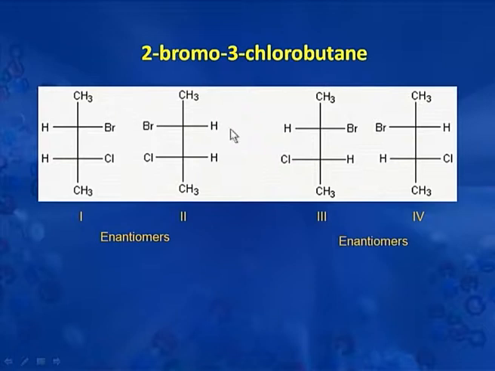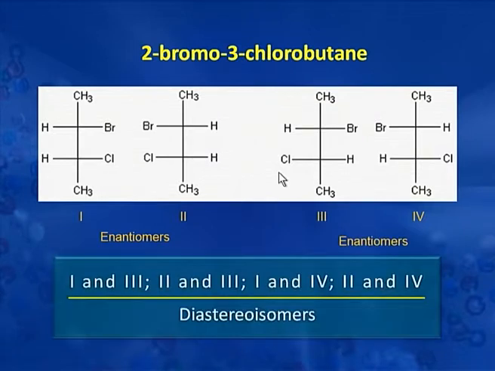2-bromo-3-chlorobutane. We have shown a relation between 1 and 2 as enantiomers, similarly between 3 and 4 as enantiomers. But what is the relation between 1 and 3 or 2 and 3? Similarly, 1 and 4 or 2 and 4. They are also isomers of the same compound. So these isomers have been given the name diastereoisomers. So this pair 1 and 3, 2 and 3, 1 and 4 and 2 and 4, such pairs are called